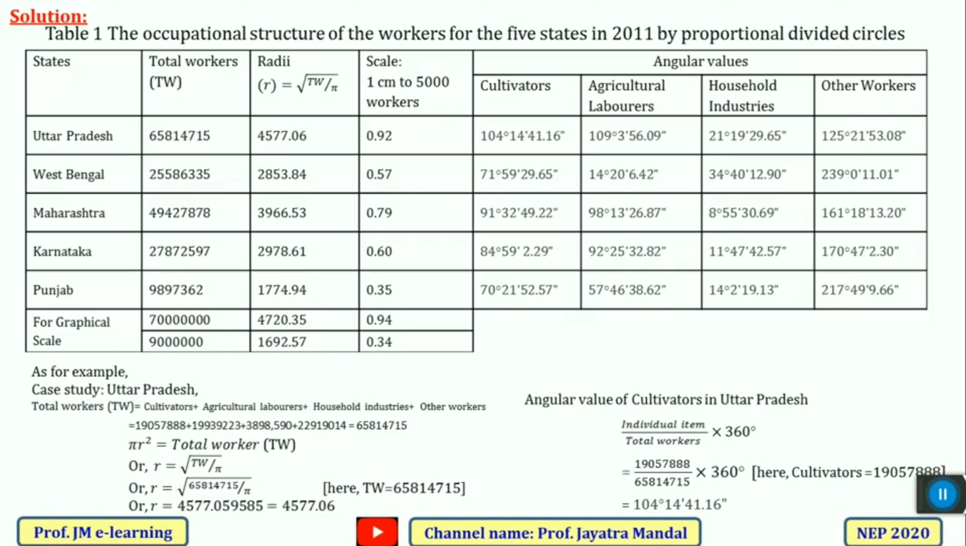In order to create a graphical scale, we need to consider the highest and lowest value of the total workers. In this case, the state Uttar Pradesh has the highest value of total workers, 65814715, and the state of Punjab has the lowest value of total workers, that is